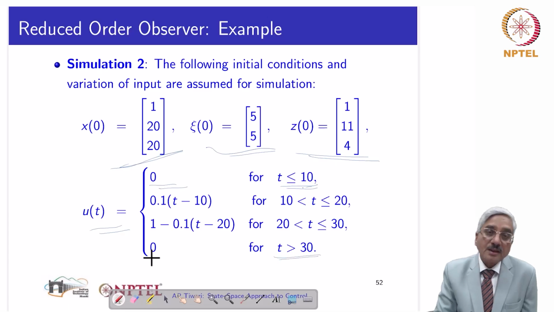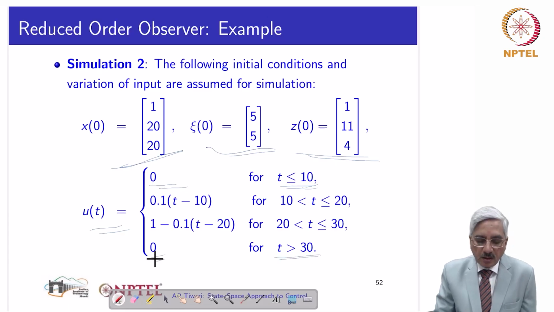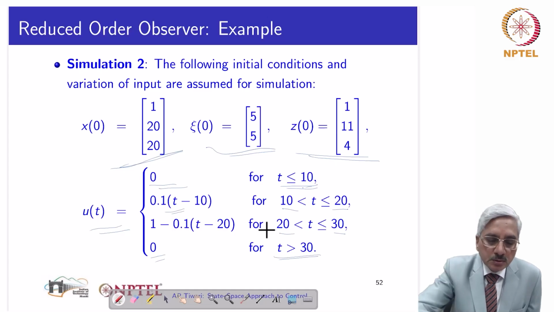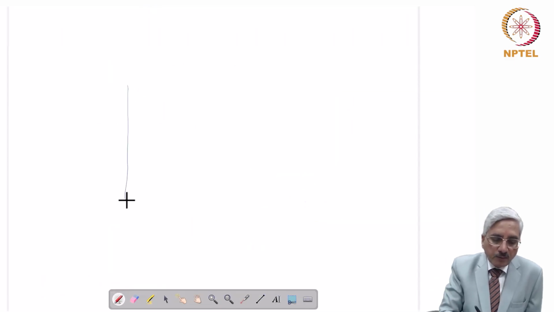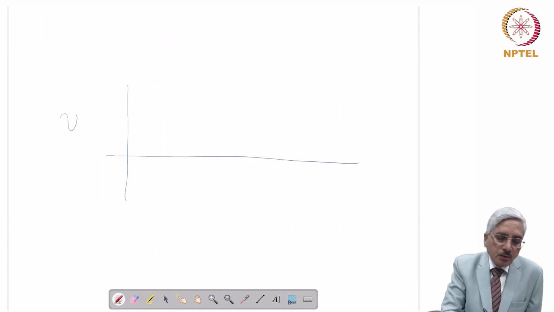Also after 30 seconds it is 0. From 10 to 20 seconds it goes to 1 in a ramp fashion, and from 20 to 30 seconds it reduces in ramp fashion and goes to 0. So if you plot u, then let me show here. If we plot u(t) versus time, that waveform,